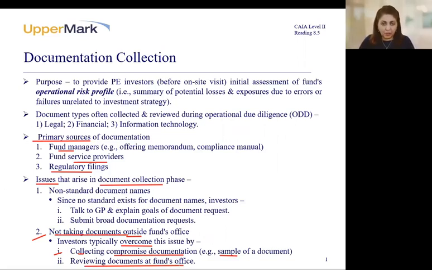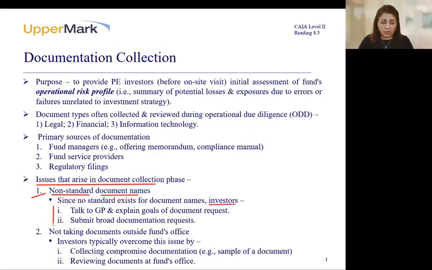And then the first issue that's mentioned here with respect to collecting documents is that because we're in a private universe with respect to these funds, there's no standardization of many things, particularly even with the name of the document. So one fund might call a document one thing, another fund might call it something else. And so investors essentially need to work around that in some way. And so they suggest two ways of doing that. One is basically talking to the fund manager, the GP, the general partner, and saying what specifically they want the documents for, and then the fund manager can say, oh, this is what we call it.